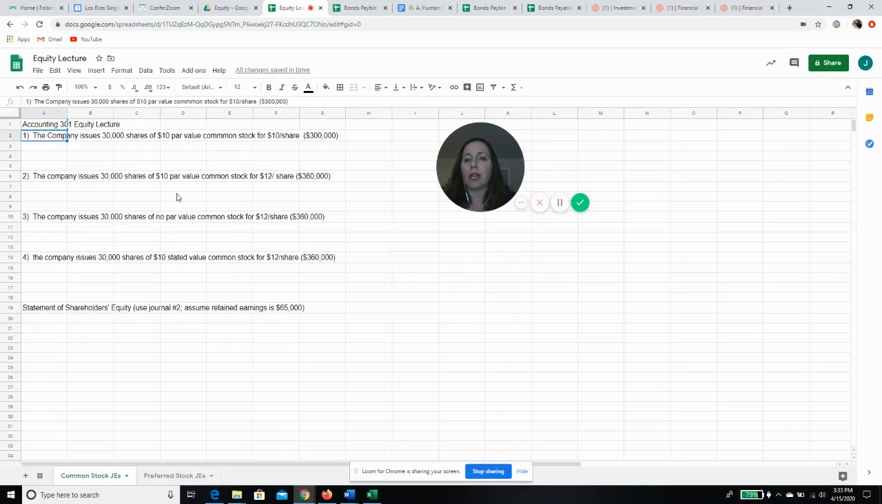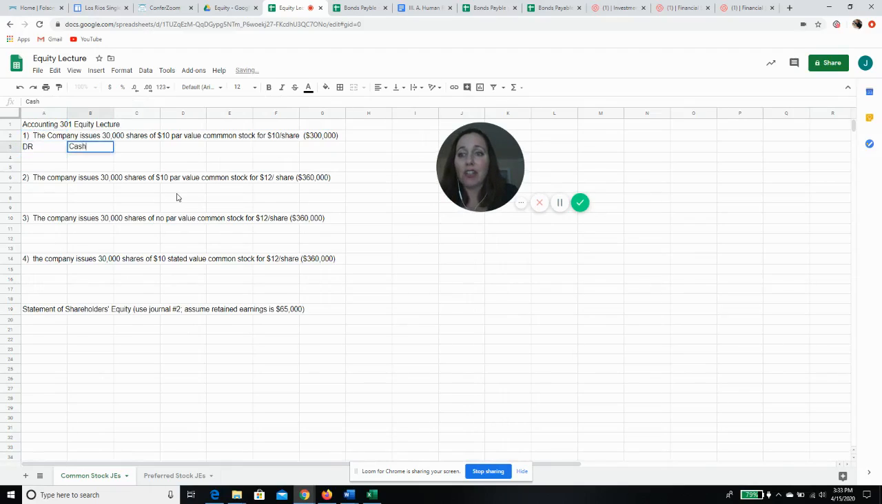So in the first transaction, our company issues 30,000 shares of $10 par value common stock for $10 a share. So we're issuing it exactly at par and we're getting $300,000. So the journal entry is going to be a debit to cash because we got cash, and we're going to get $300,000. Okay. Then we're going to credit